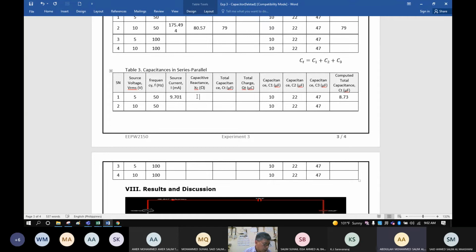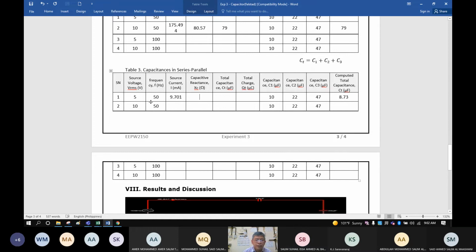Teacher, isn't XC equal to V by I? No, you need to get first the peak voltage, brother. Teacher, 86 by 0.59. 86. No, it's wrong, brother.